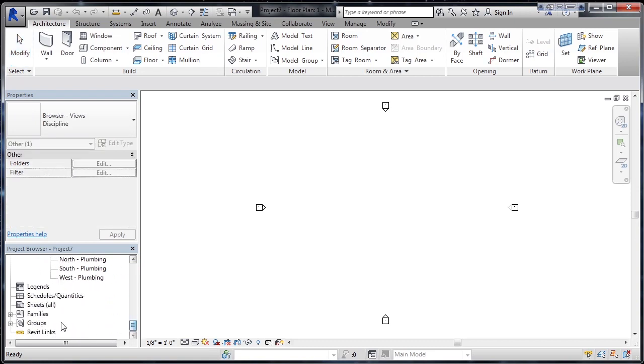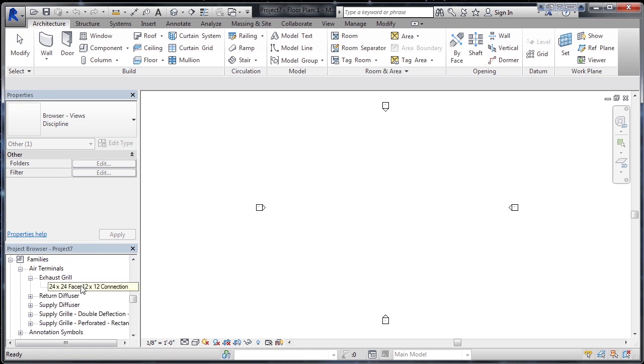What else is loaded are families and family content. So if you click the plus to the left of families, you're going to see a variety of family headings below that. And if you click the plus to the left of each, you'll see the subheadings, and then ultimately the actual components that are loaded into this Revit project. And you can always add more if you wanted to, but this is what's based on the actual template when